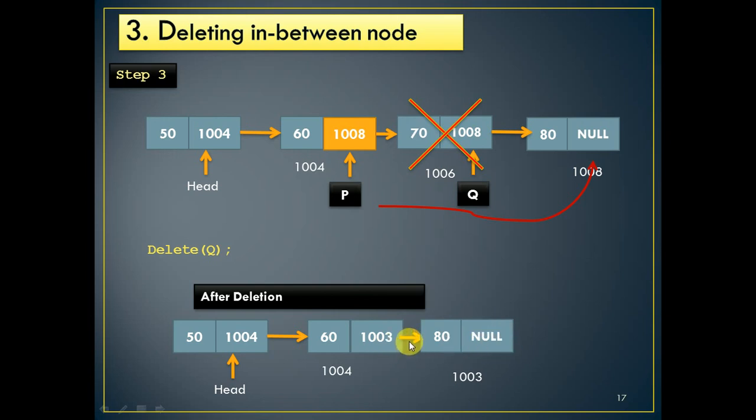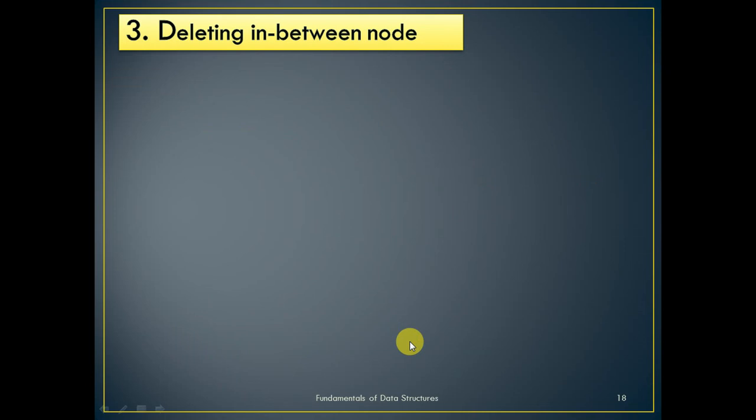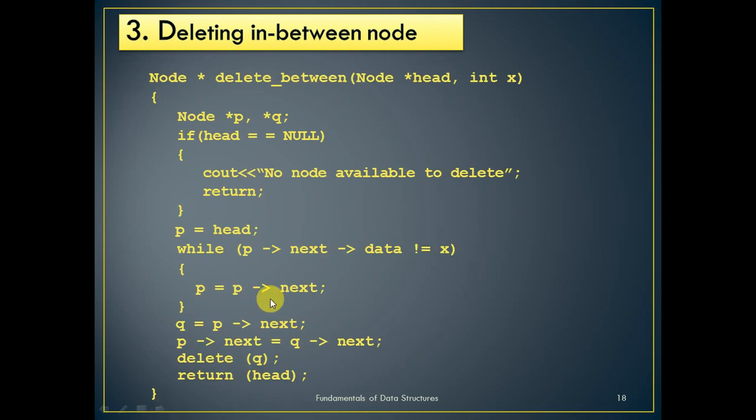Okay, then the pseudo code for this particular program is delete in between. We require the p and q node pointer variables. Then first of all, you check whether our head is equal to null, at that time no node is available in our list. Okay, and x is a variable, the data of the node we want to delete. Okay, p is equal to head, and while p points to next points to data is not equal to x,